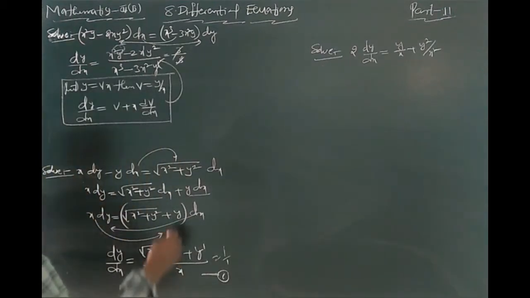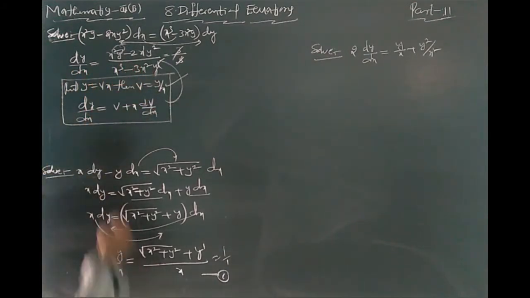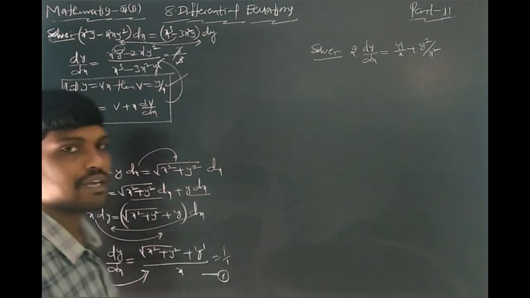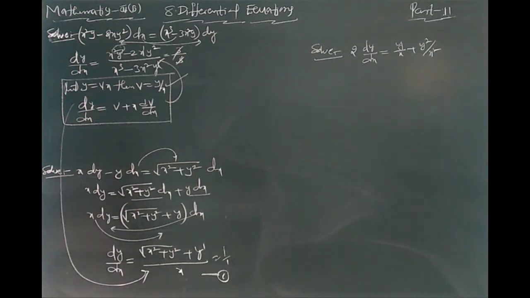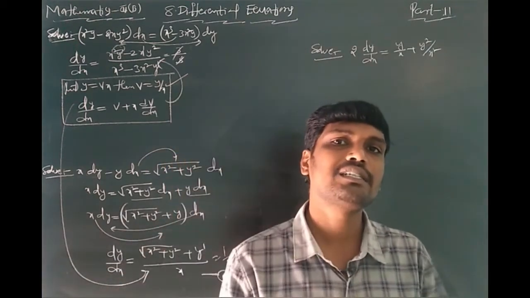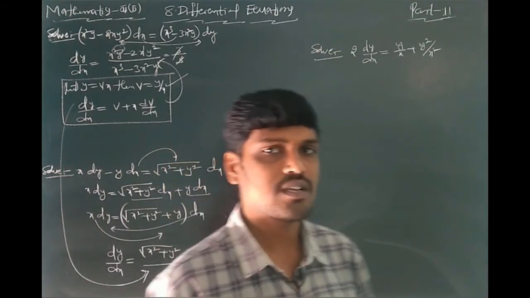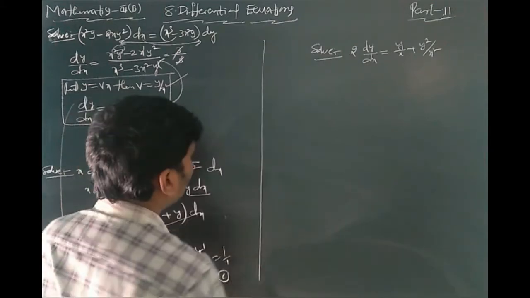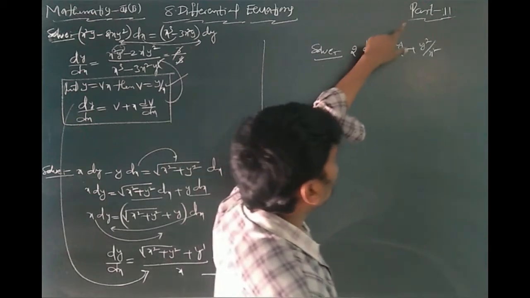In this equation you can put y is equal to vx, then v is equal to y by x, and dy by dx is equal to v plus x into dv by dx. You can substitute these values in equation 1. You get the variable separable method. Here the variables are x, v, and those variables you can separate. After that, integrate, and the answer in terms of v, x, you can write v value as y by x.